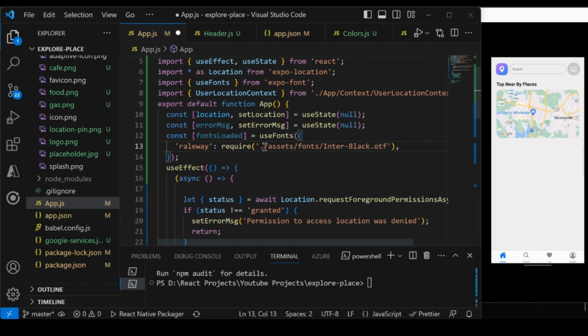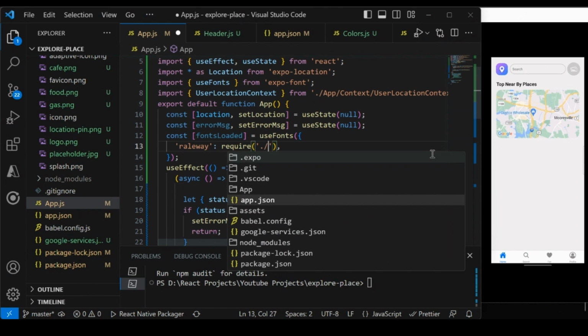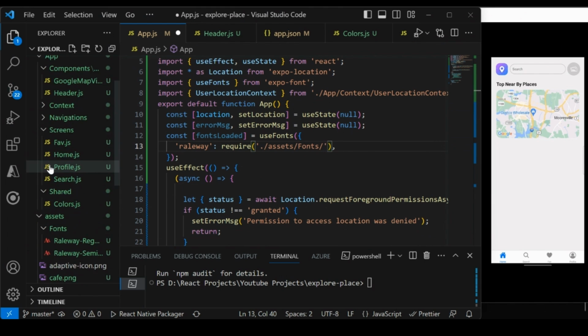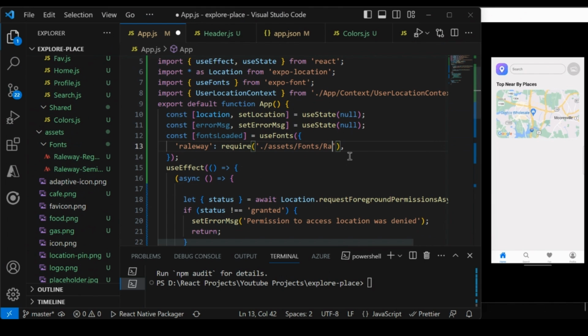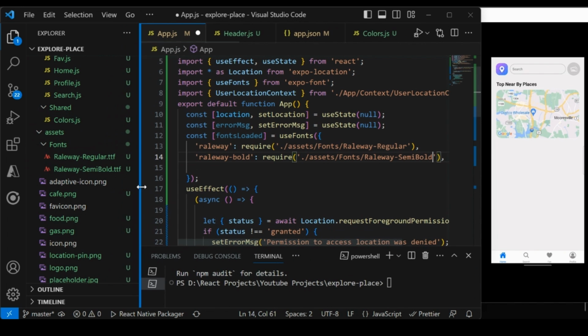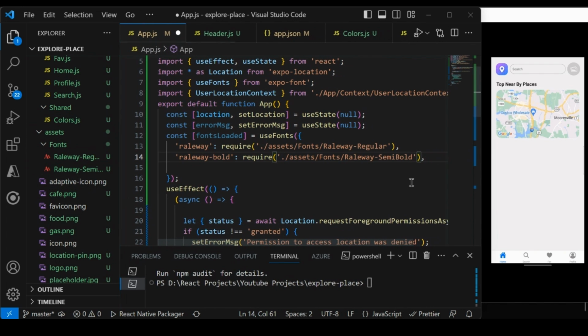Okay, and here you have to give the path. So in this case I will give the path slash assets slash fonts slash the name of the font, right? In this case it is Raleway-Regular, so just write Raleway-Regular. Okay, and you can add another one, so Raleway-Bold you can say, or SemiBold. I will say bold only for now, and you can write SemiBold here. Okay, make sure the name matches, and we have to give the extension which is ttf,